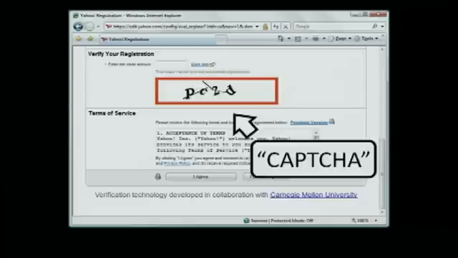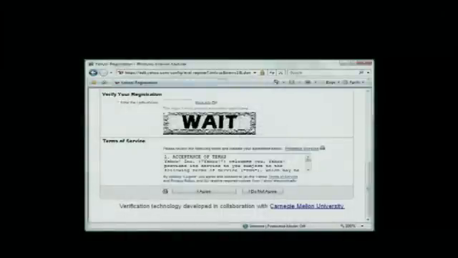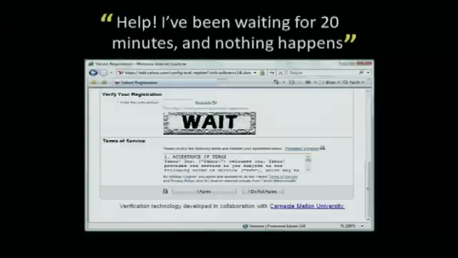Now, CAPTCHAs are used all over the internet, and since they're used so often, a lot of times the precise sequence of random characters that is shown to the user is not so fortunate. For example, this is an example from the Yahoo registration page. These characters are supposed to be random. The random characters that were shown this time happen to be W-A-I-T, which of course spell a word. But the best part is, this was shown, and about 20 minutes later, somebody at Yahoo got this email. Okay, so they thought they had to wait. This, of course, is not as bad as this poor person who